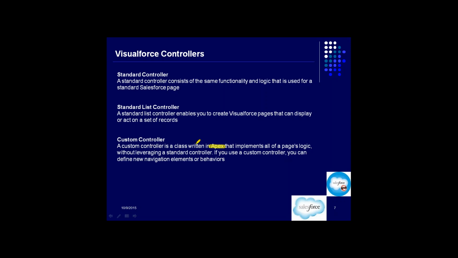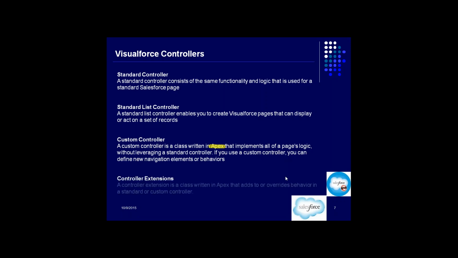A custom controller is a class written in Apex that implements all of a page's logic without leveraging a standard controller. If you use a custom controller, you can define new navigation elements or behavior. You can write new behaviors or new navigations, or you can control the page completely the way you want.